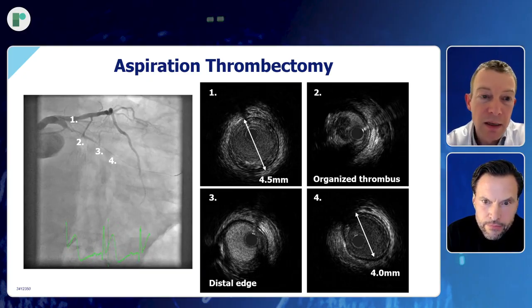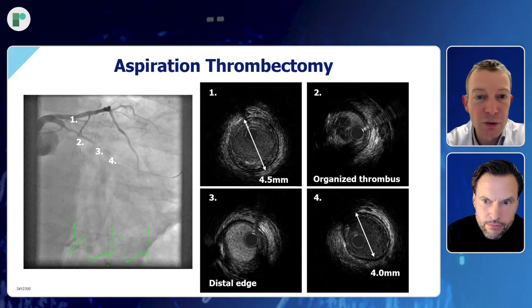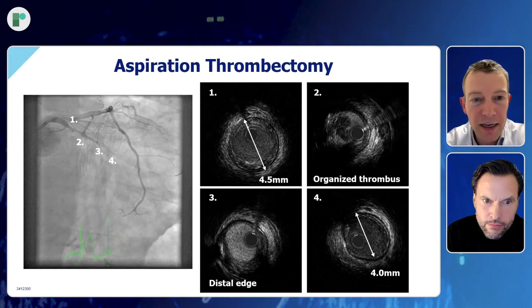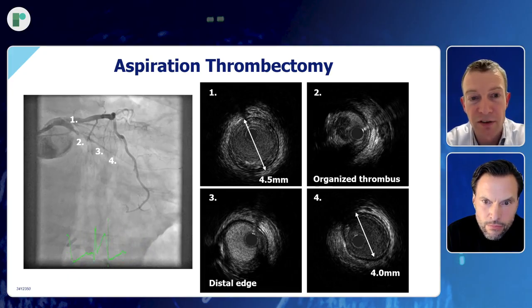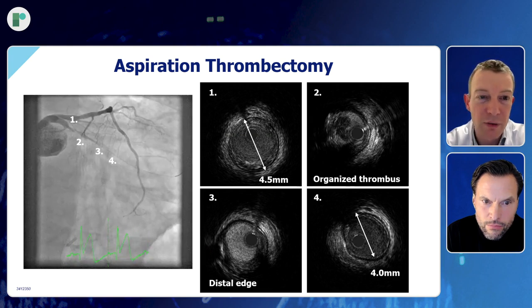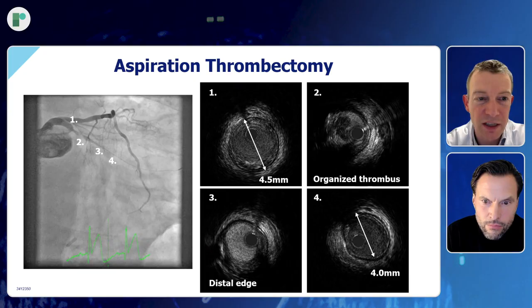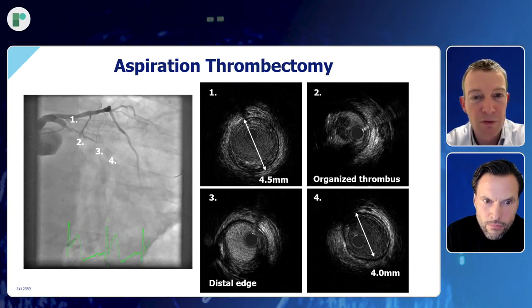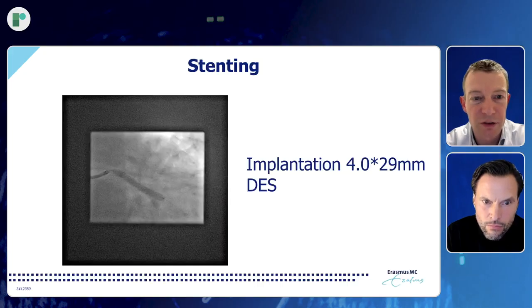In cross-section number 2, you see that this black cloud is floating in the lumen. Well, that is very typical of organized thrombus resulting from a plaque rupture that in this case happened a couple of hours prior. And you see a proximal landing zone in the circumflex with a vessel diameter of 4.5 millimeters, which is clearly higher than most of us would have anticipated based on the angiogram alone. So in this case, the reason we proceeded with the 428 DES,